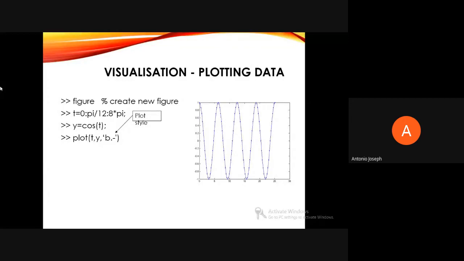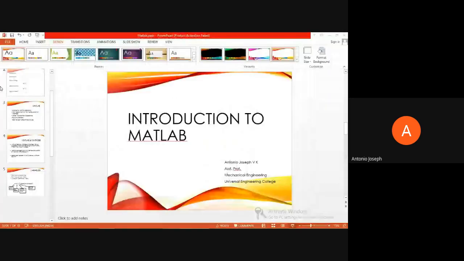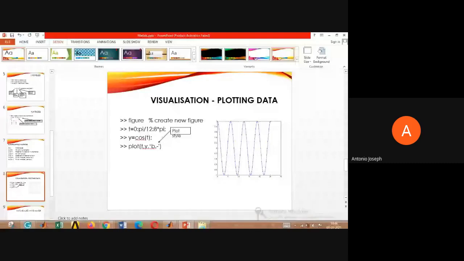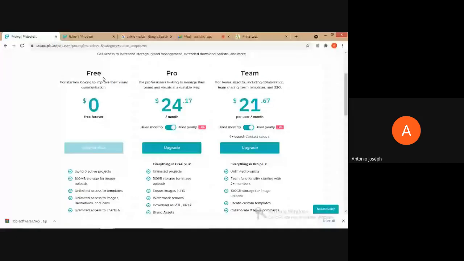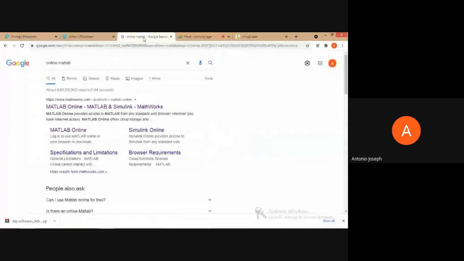Okay, so this is just a brief introduction about MATLAB. I'm not going to go into detail because a lot of the participants are from different areas, so there's no point in discussing the programming things in detail. Now, I'll show how we can use MATLAB and what all the packages are available with MATLAB.